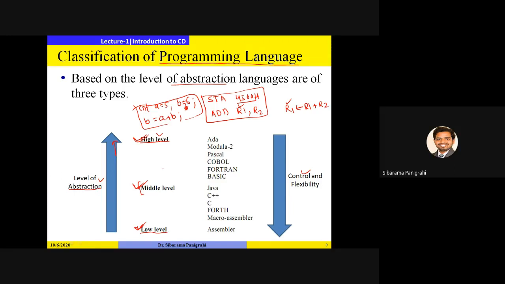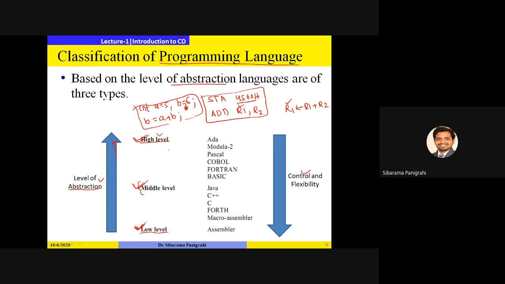But you know that computers understand only binary language, yet we are writing programs in high level or middle level languages. Why do we write programs in high level and middle level languages? Because the development time will be much less, and you can develop programs so easily and quickly that you can meet the business requirements. Whereas if you write a program using a low level language like assembly language or machine language, it will require a huge amount of time. So we use high level and middle level languages to write programs.